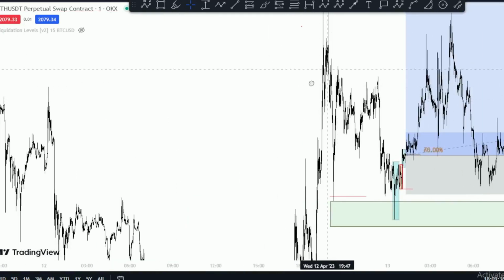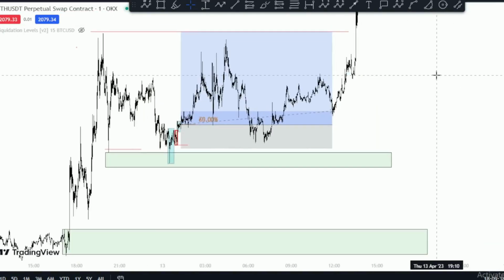Okay, so this was the basic concept of how to use absorption entries in your charts and take entries above the SNDs or even below the SNDs on a bearish structure. Okay,